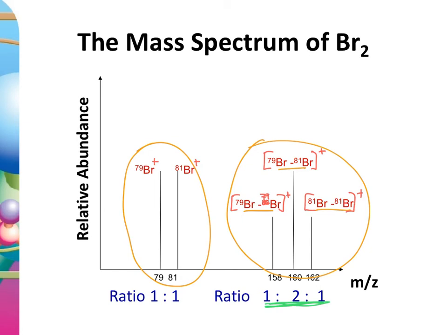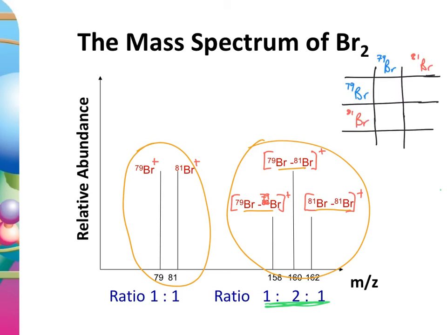So we need to understand why it is that we've got twice as many bromine 79, bromine 81 molecules as we have bromine 79, bromine 79 molecules and bromine 81, bromine 81 molecules. And the way that we understand that is in terms of probabilities. So I've just drawn this table up in the top right, and the way we're going to approach it is,